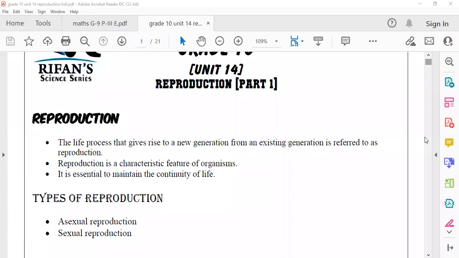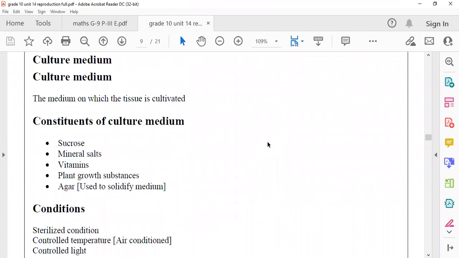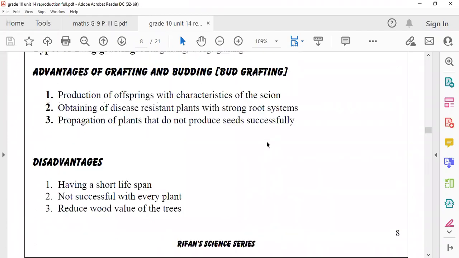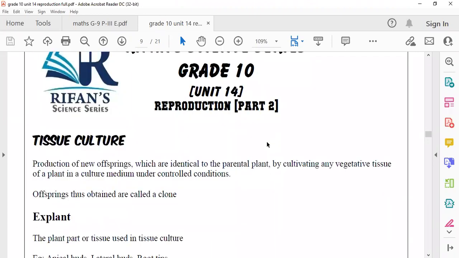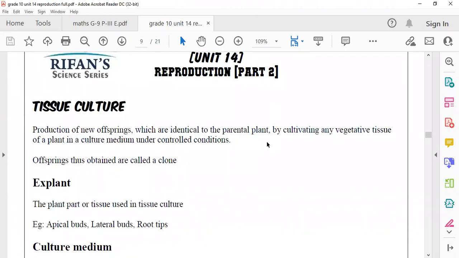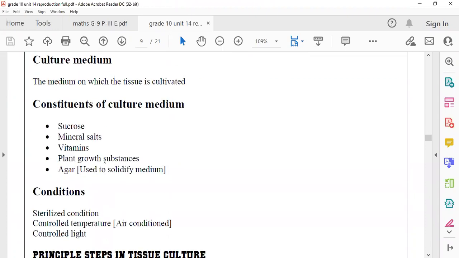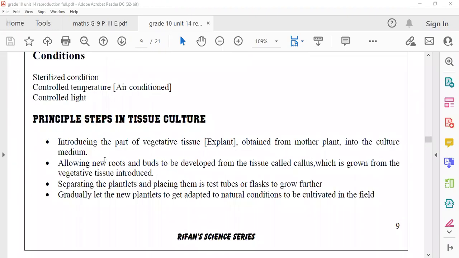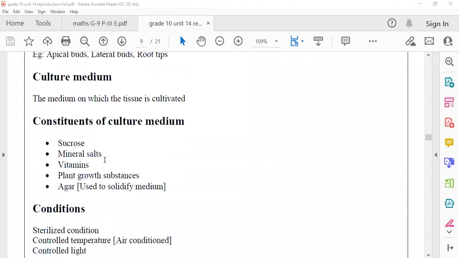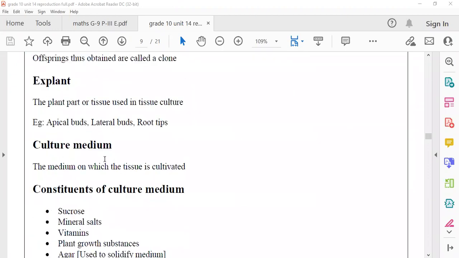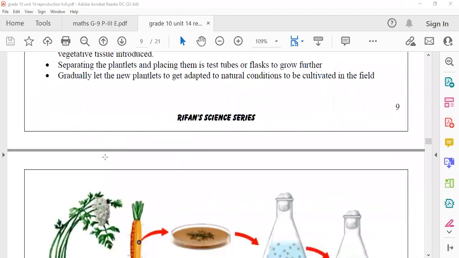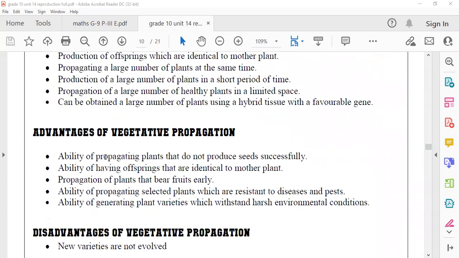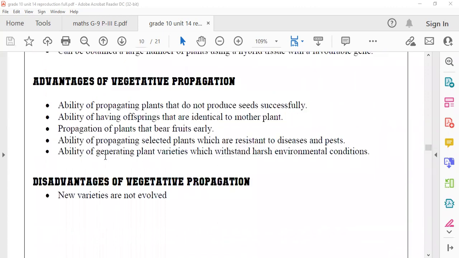My dear children, this is a continuity of our discussion on unit number 14. We are at this place by completing page number 8. Today we have to come to page number 9. If you consider page number 9, I have totally worked on tissue culture in this lesson. So I am going to discuss tissue culture to you with this. So actually with page number 10,